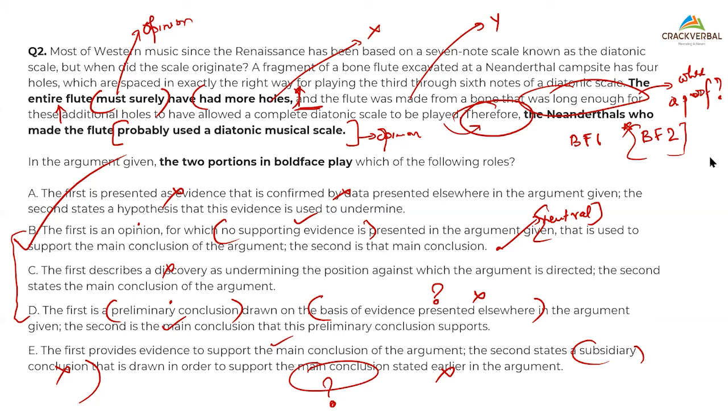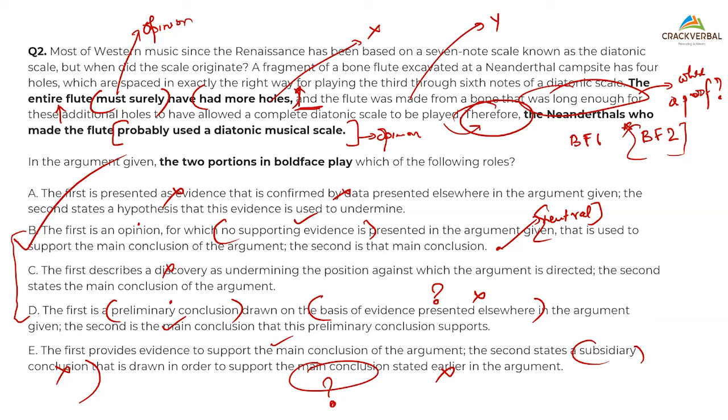Deepak says actual. I'll come to your question, Deepak. I'll go with the last question. So the first actual argument was, where did they originate? Where is the actual argument? How do you know that was the actual argument? That is just a question. So that means, Deepak, what you are assuming is anything that is asked as a question is my original argument. No. Argument is what is the motive of the complete paragraph. Most of them have been based on this, known as this, but when did it originate? When? But the later part of the para did not tell me anything about it.